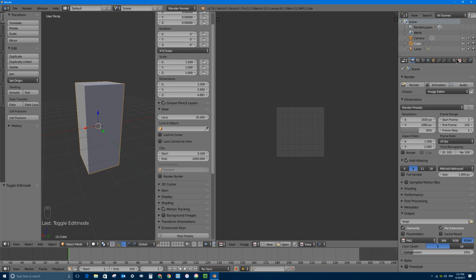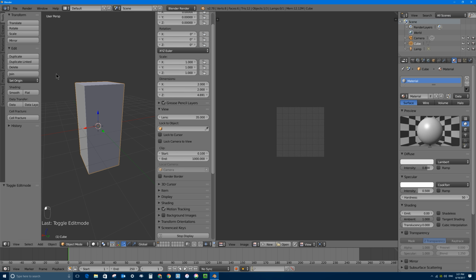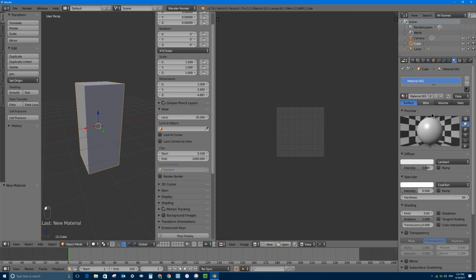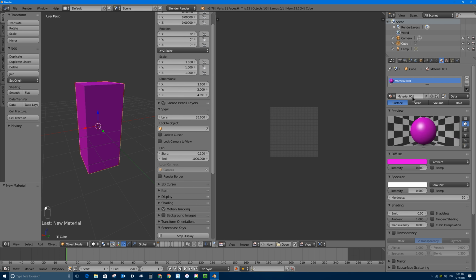So with the cube selected, I'm going to go to the materials tab. This object actually already has material on it, but we'll just start from scratch. So I'll click on this little minus button to get rid of it. Let's create a new material. I'll click on new. I'm going to give it a color. So I'll click under diffuse, and just so we can see what it is, I'm going to make it a bright pink. Sure. Let's go ahead and name this material. It's always a good idea. So I'm going to type in bricks material, and I'll press enter,